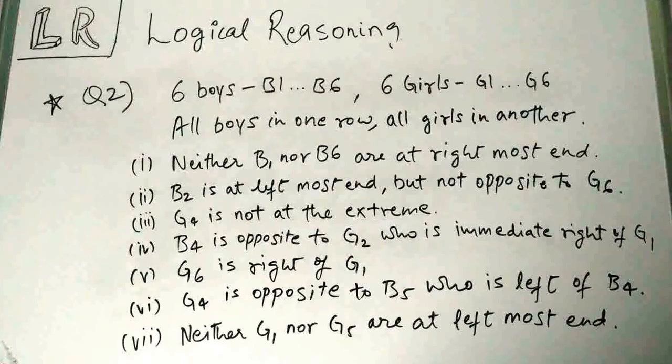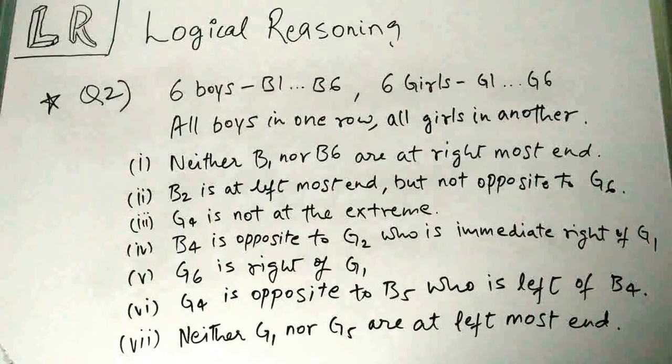Alright, so the next example is: we have 6 boys B1 to B6 and 6 girls G1 to G6, and they are standing in 2 rows facing towards each other. So maybe I forgot to capture this line. It says that they are standing in 2 rows facing towards each other. So now we know where they are facing. All the boys are in one row and all the girls are standing in the other row. The following facts are known about them with respect to the individuals talked about. And these are the points given.